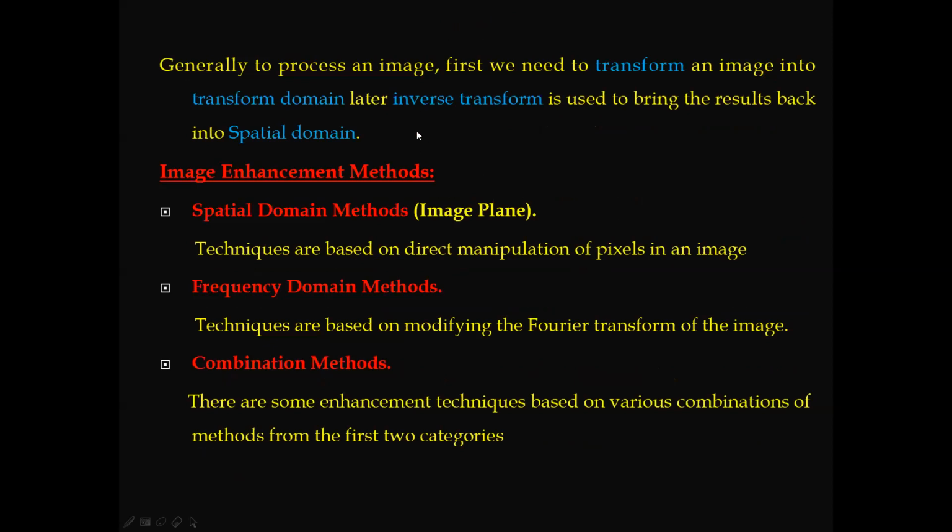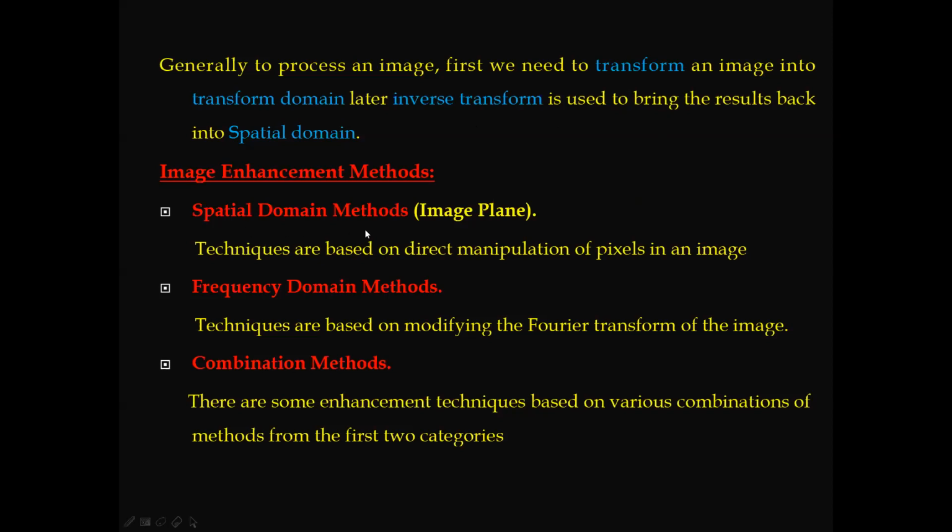Generally, to process an image, first we need to transform the image into some transform domain. Later, by performing the inverse transformation, we bring the result back into the spatial domain. Here, some image enhancement methods are there.